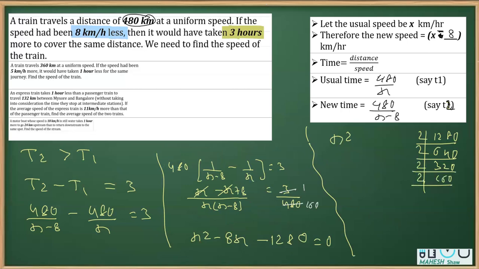With 2, it is 80. And with 2, it is 40. What you can say, this is 32. This is 32 and 40. 32 and 40, the difference will give you 8. So this is what I'm going to do. I'm splitting this minus 8x, and we'll write as minus 40x plus 32x minus 1280